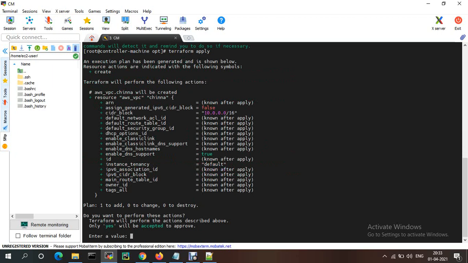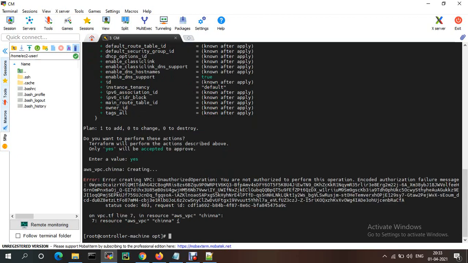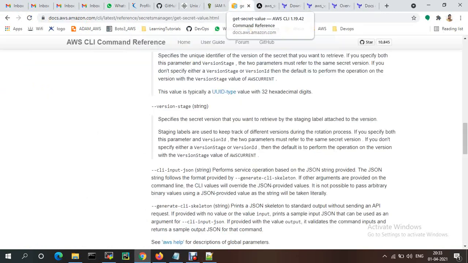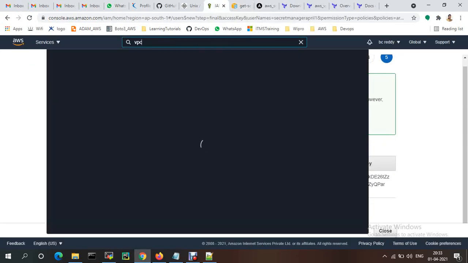It will ask to enter a value. Just type yes. I'm typing yes. So it should be accepted. And if you go to the console, go to the VPC section.